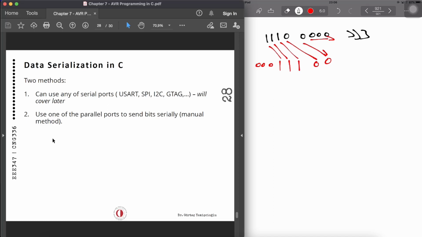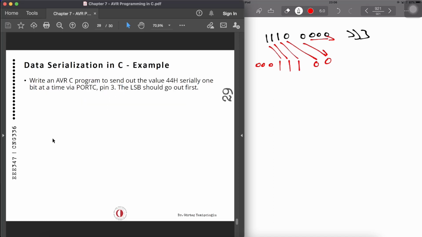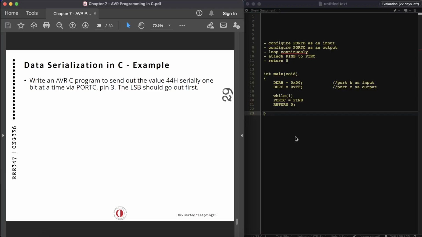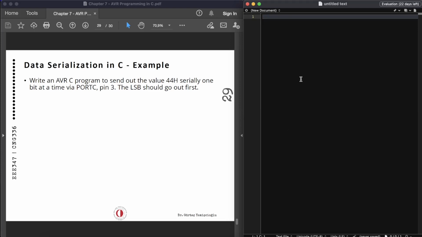Let's see an example of data serialization. It says, write an AVR C program to send out the value 44 hex serially, 1 bit at a time, via port C, pin 3, and the least significant bit should go out first. So the steps for the program: